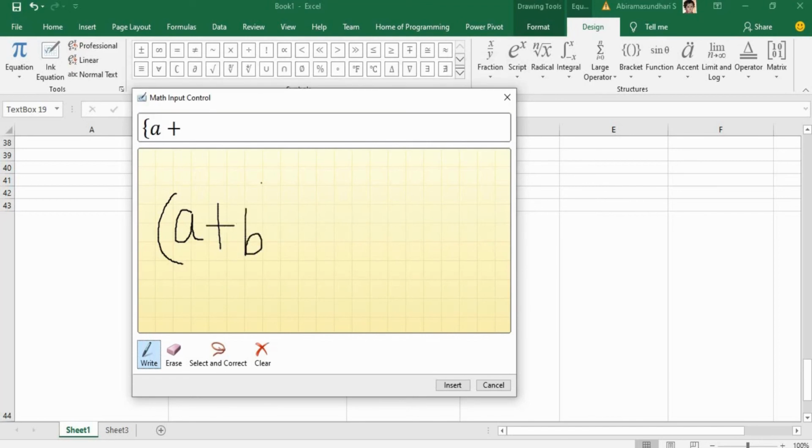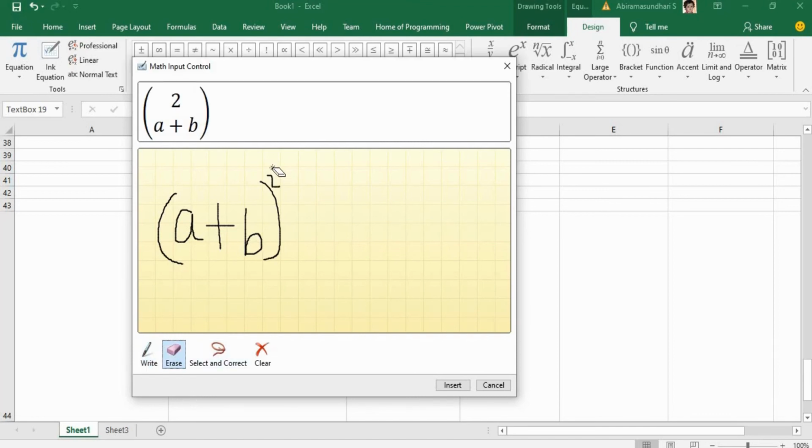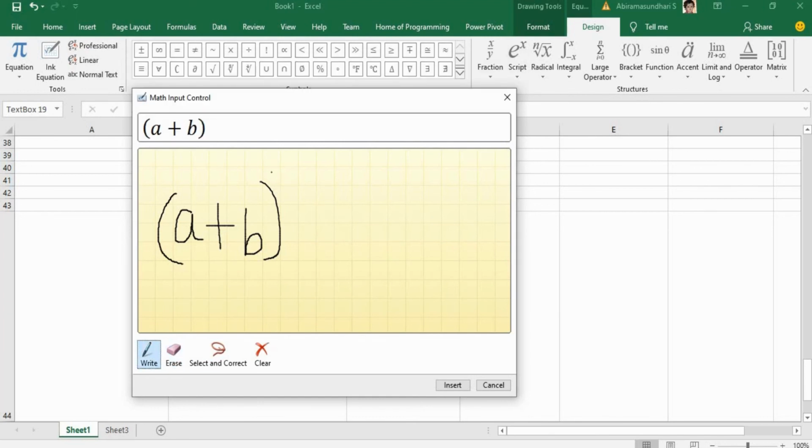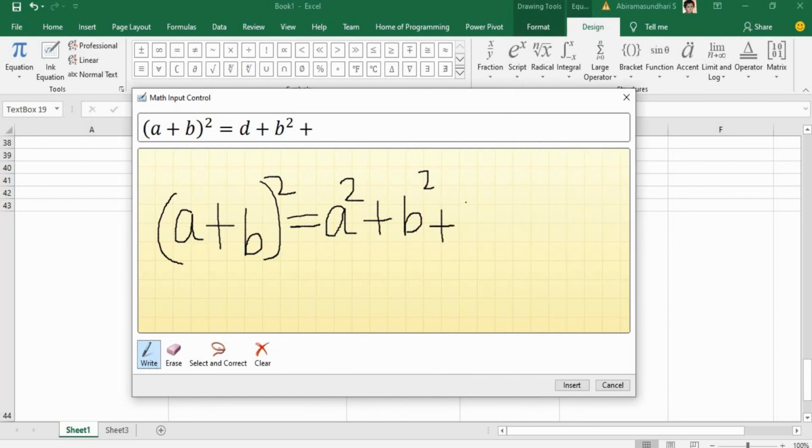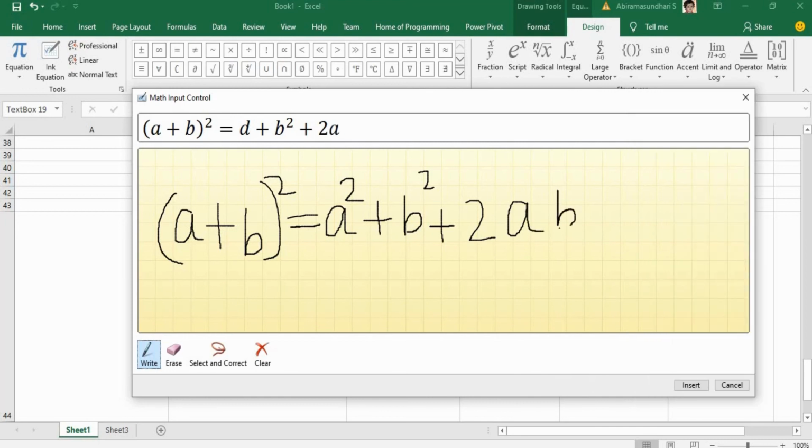A plus B whole square. A plus B whole square is equal to A square plus B square plus 2AB.